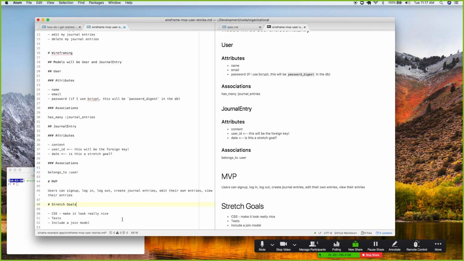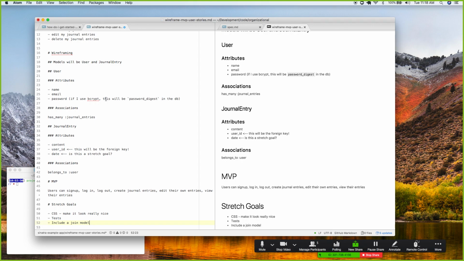A stretch goal, by the way, is something I could add to my application to make it better, but that I don't need to complete in order to satisfy the project requirements. And by the way, right now we're in the context of building an application for a curriculum. This is a project that you need to pass the curriculum, but this type of layout applies beyond that. If you're building a project and you have a project manager and you get a list of specs, your MVP is going to be satisfy those specs. Along the way, you might think of features that would really enhance the user experience or the functionality, and it's up to you to determine,